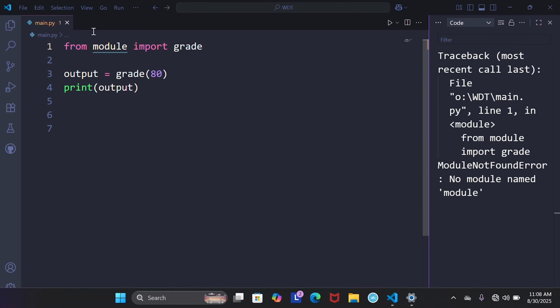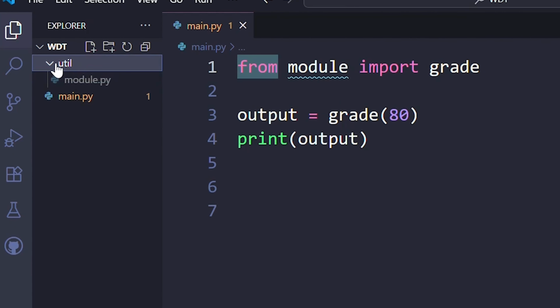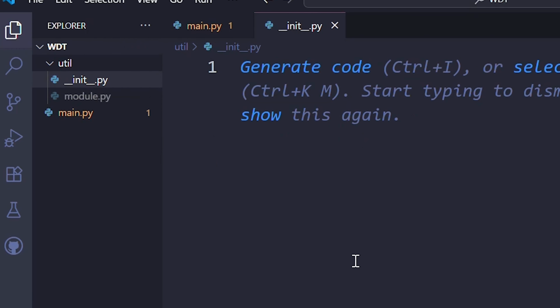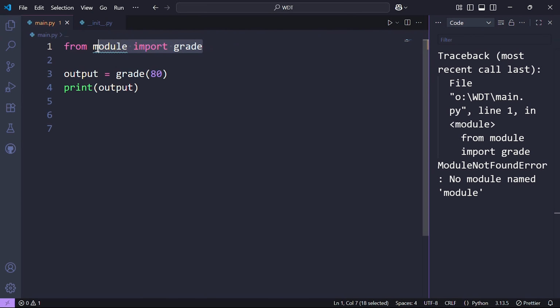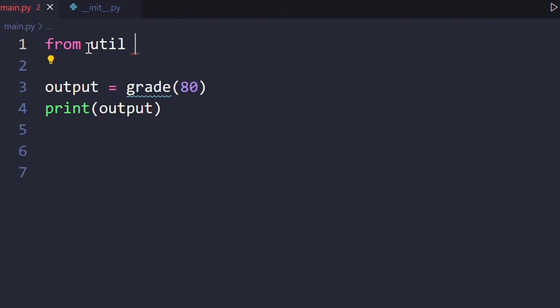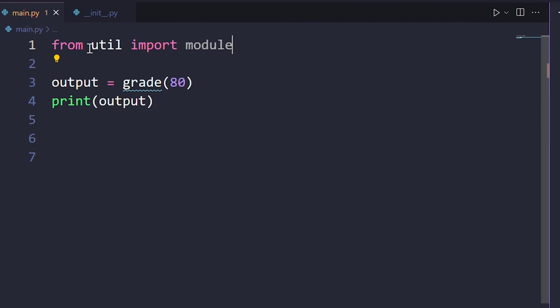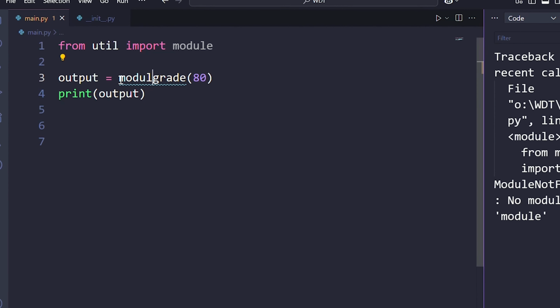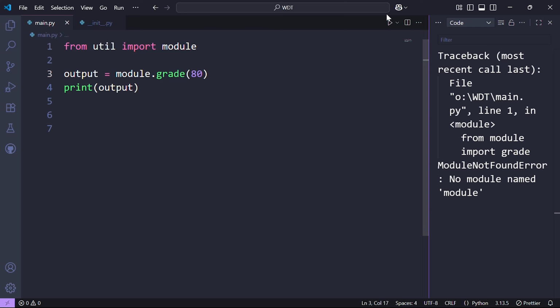To tell Python this directory is a package, you create a file and name it __init__.py and put it in the util directory. Right now you can write from util import module and then access grade by using module. If I run again,